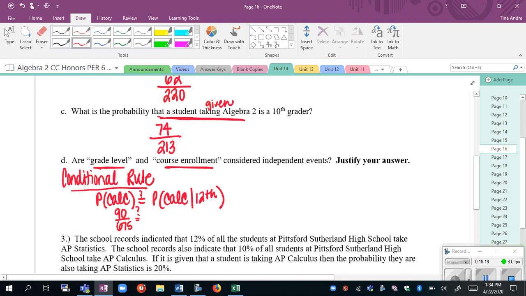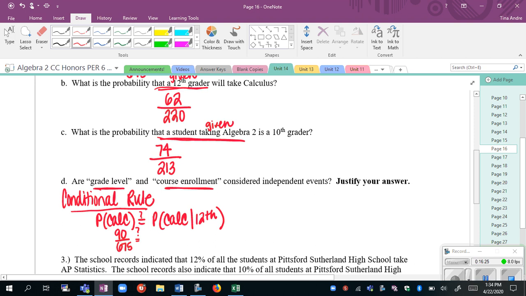Is that equal to the probability of calculus given 12th grader? That's 62 out of 220. And again, whatever you pick for this probability or this event, make sure that comes first over here. It should always be probability of calc, is it equal to the probability of calc